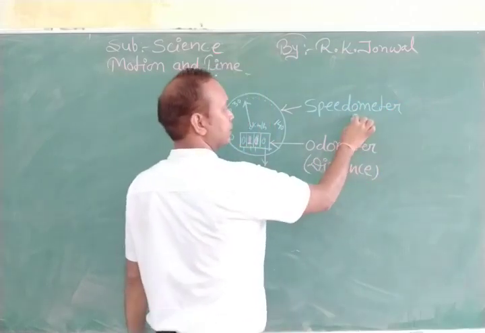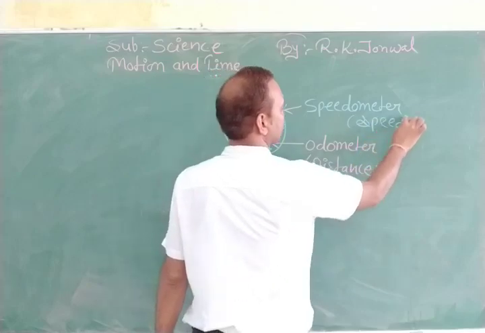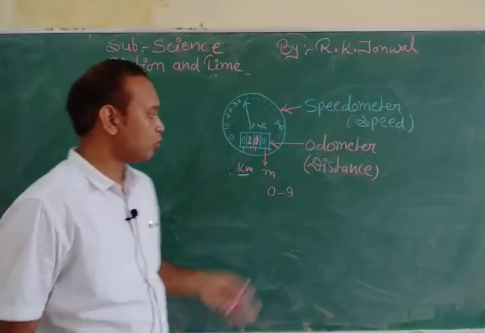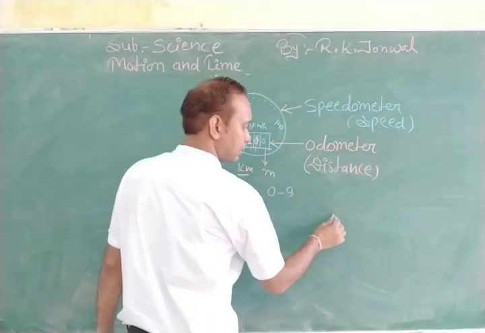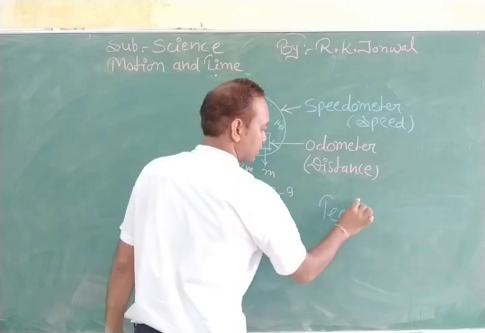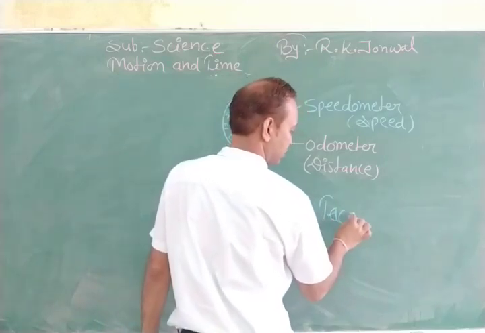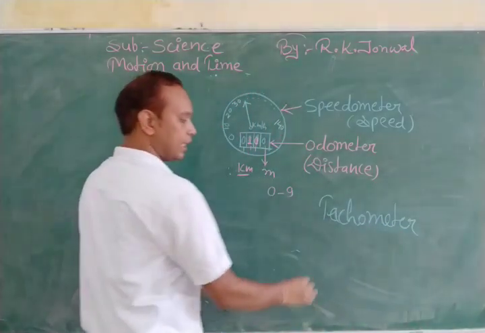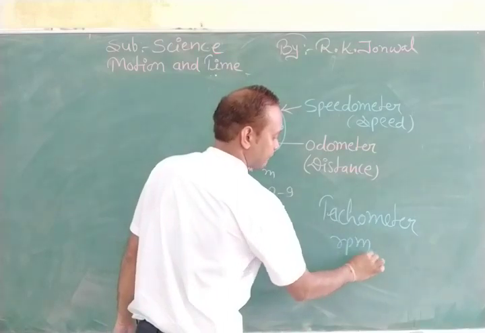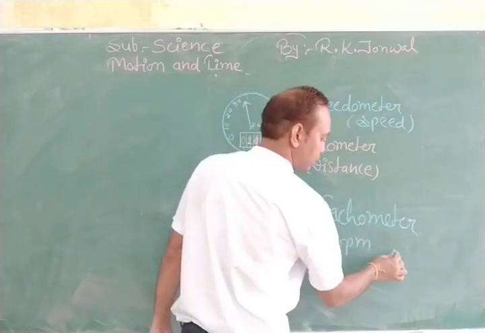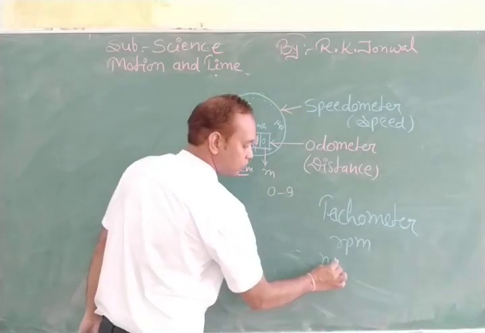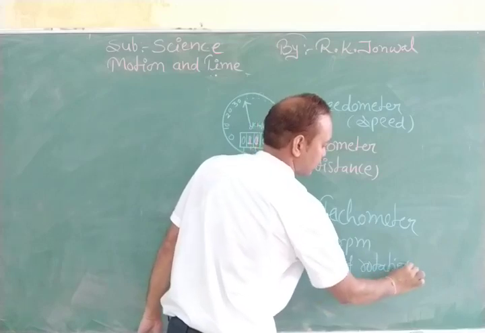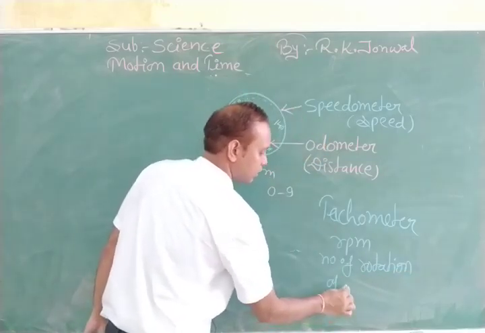It indicates us speed of that particular vehicle. One more instrument you can see in vehicles, that is tachometer. That indicates us RPM, the number of rotations of engine,